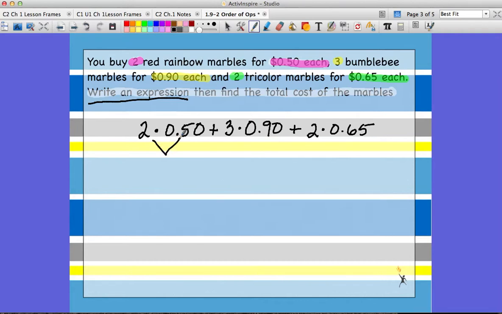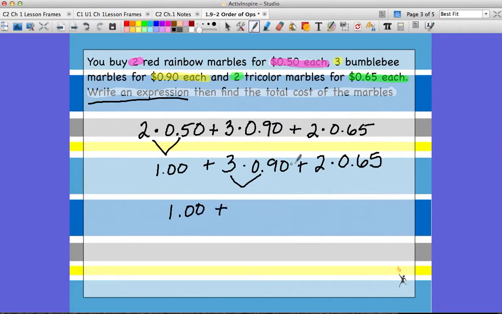And again, since we want the total cost, we would add each of these things together. So here what I would get, because I would do this first, is that 2 times 50 cents gives me $1, plus 3 times the 90 cents, plus 2 times the 65 cents. Okay, and I know I have to do the multiplication first, so I bring down my dollar, plus, well, it's going to cost me